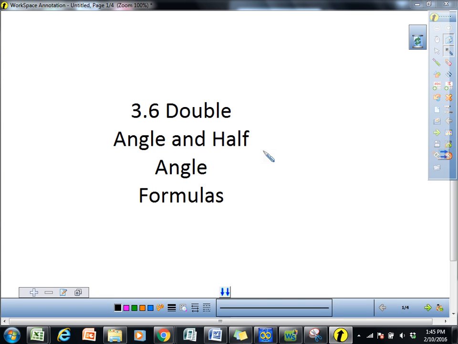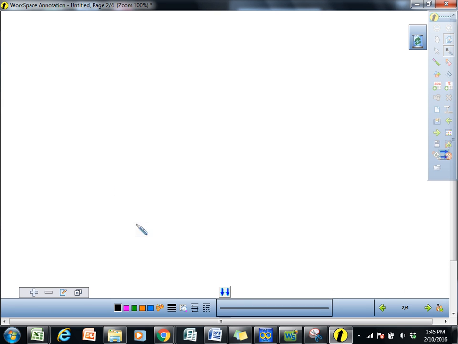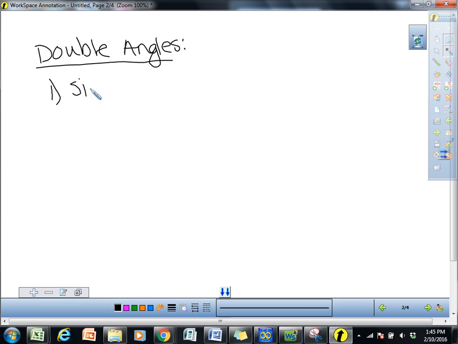Okay, tonight we're going to get a jump start on our lesson for tomorrow, our 3.6 double angle and half angle formulas, and look specifically at double angle formulas. So to start, we're going to go over the formulas, and we're going to prove them tomorrow as your warm-up. For our double angle formulas, you can prove them using your sum and difference identities, we have sine